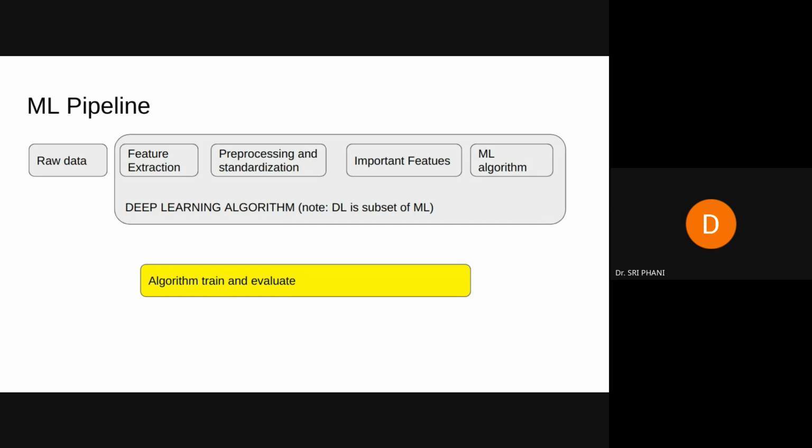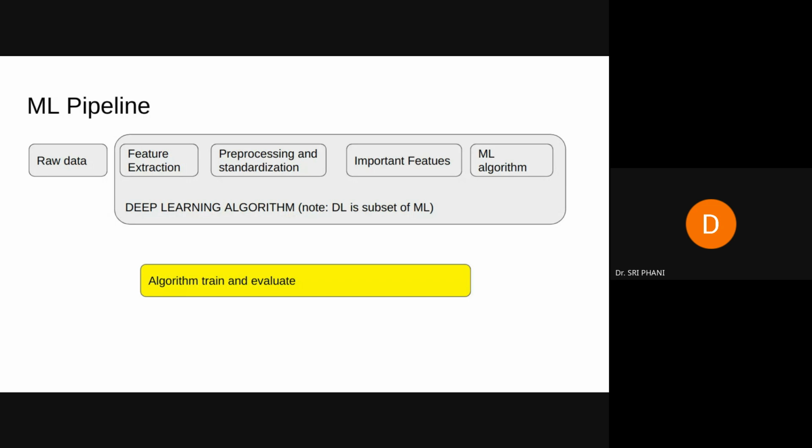Next, you will be identifying the important features of these. All the information that is given as input need not be taken into consideration, so important features can be identified, and then you will give them to the ML algorithm. Okay, so